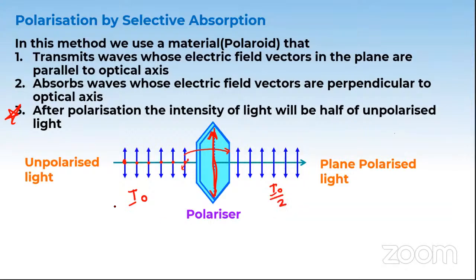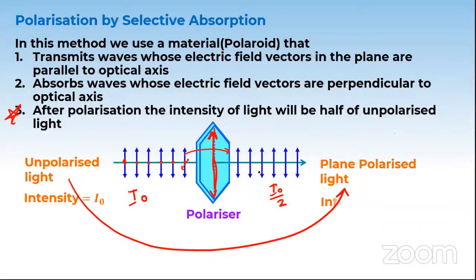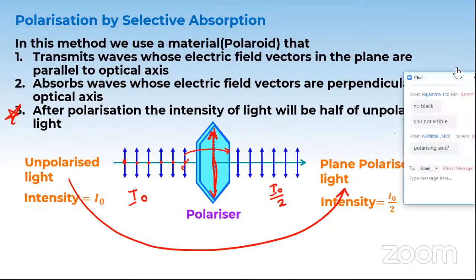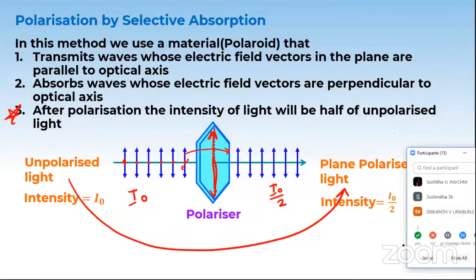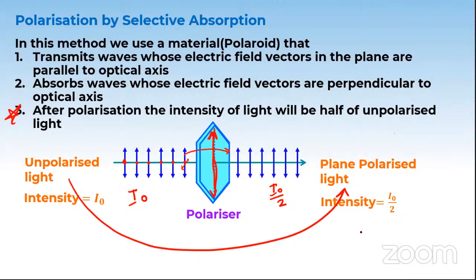This is true only for unpolarized light to polarizer. Be very careful about it. If you're using already polarized light, that will be a different case. But always remember, when unpolarized light gets polarized, intensity reduces by half. Am I clear, guys? Click yes if I'm clear about all these 3 points I've written on the board. This is the first process you need to understand. I hope you're clear. Okay, cool, awesome. Moving ahead.